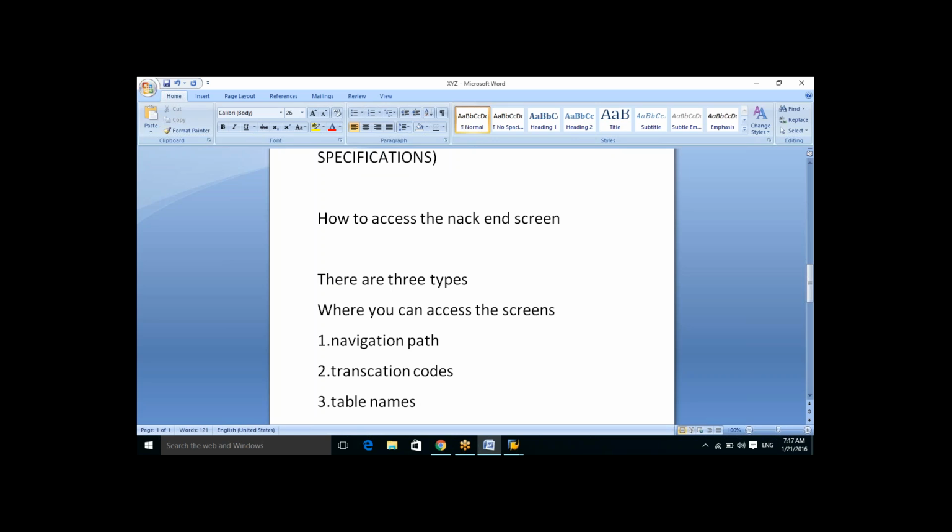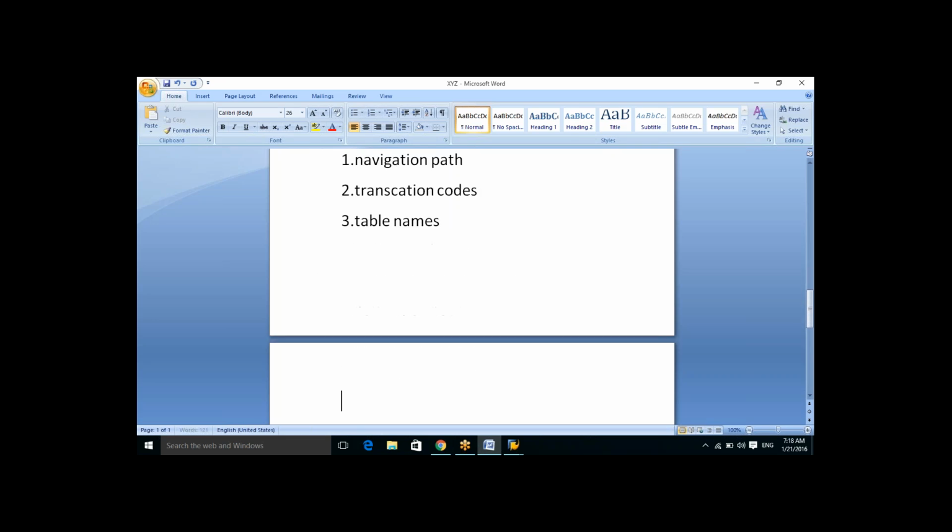These are all predefined by SAP, and you have to know the transaction codes, the table names, and the navigation path. With the help of these three, you can access your requirement and do the functionality. You can access with the help of the table names if you know them well. You can access with the help of the transaction codes, and you can access with the help of the navigation path. So if you want to access,